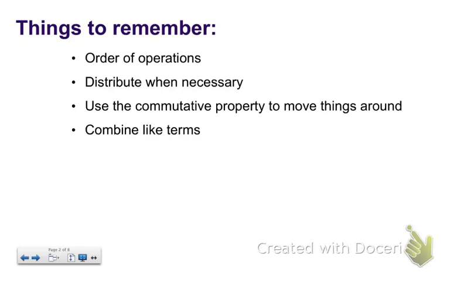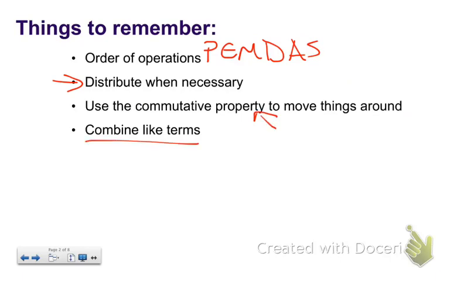Okay, some things to remember when you're simplifying expressions. So we're still using order of operations. We're also distributing, using the commutative property to rearrange things or move things around. And the purpose usually of moving stuff around is to then combine like terms. So like terms,